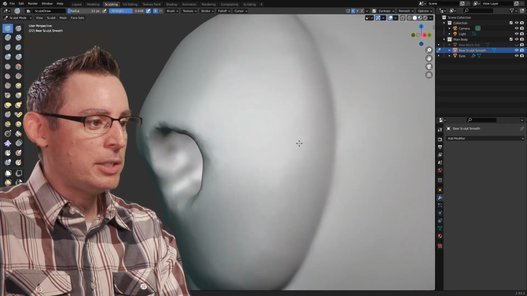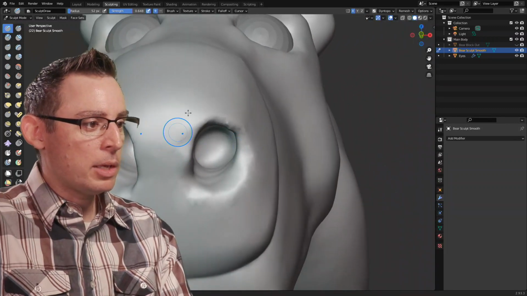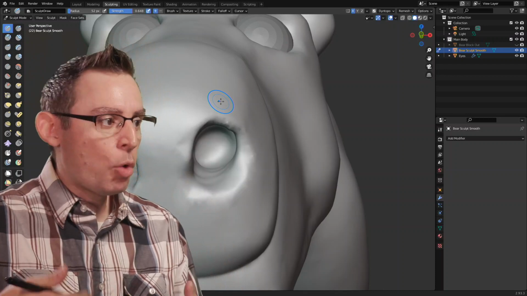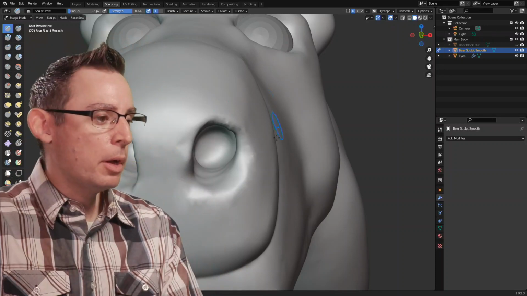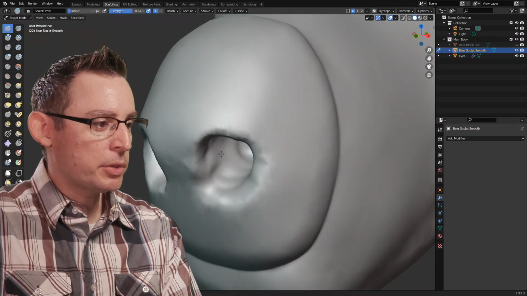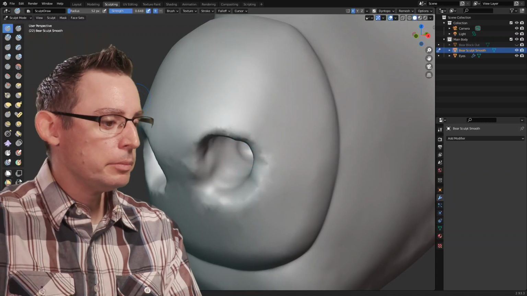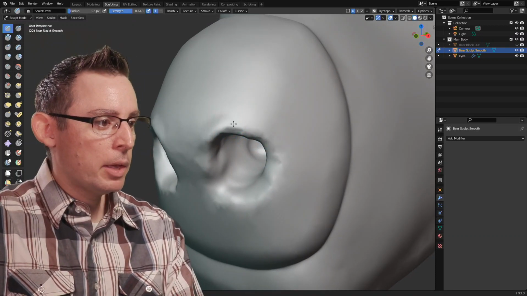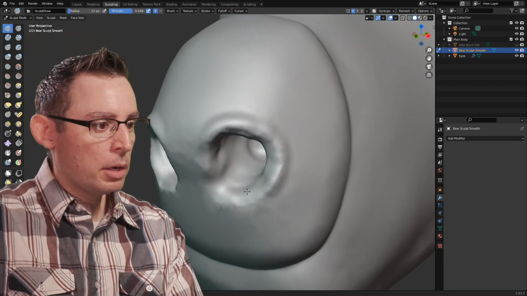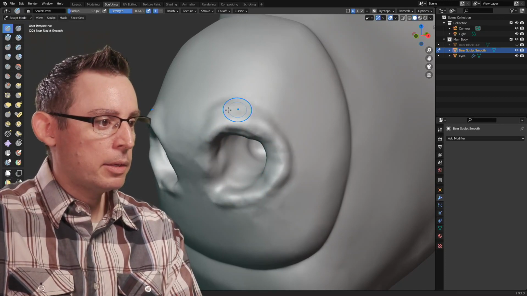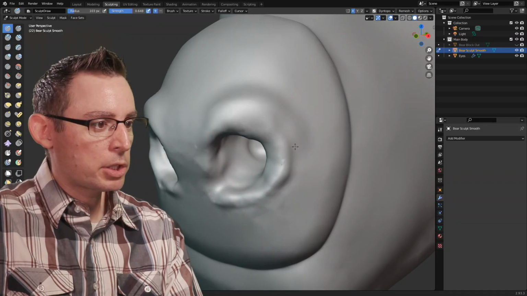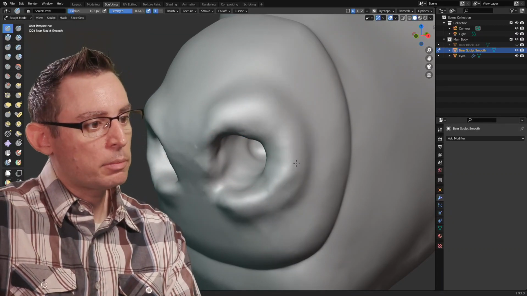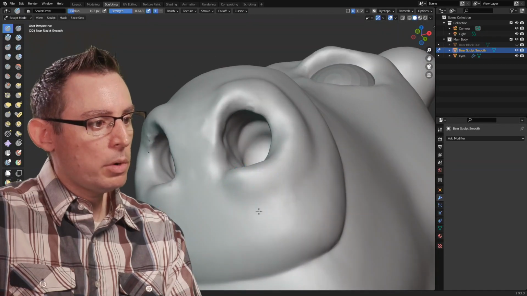That's a good detail. But now we need to go in and start messing with the outsides, because the outsides are really going to define that almost conical cone shape for the nostrils themselves. Let's do it real fast. So I'm still on my Sculpt Draw tool. I've got Dyntopo on. Let's just give it a little bit of mass on the outside. Increase the size of my brush, and smooth out that transition between the front and the back. We don't want it to be lumpy.